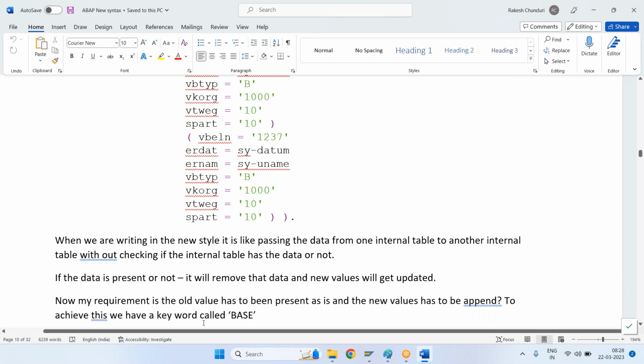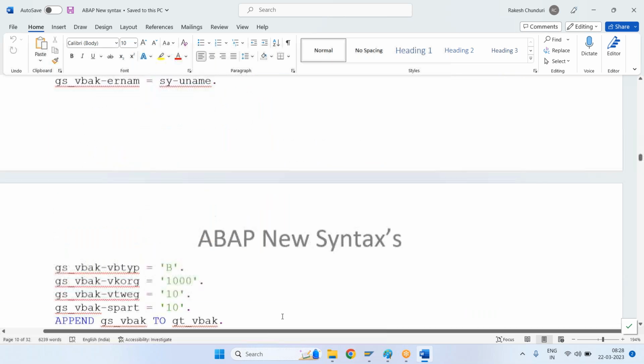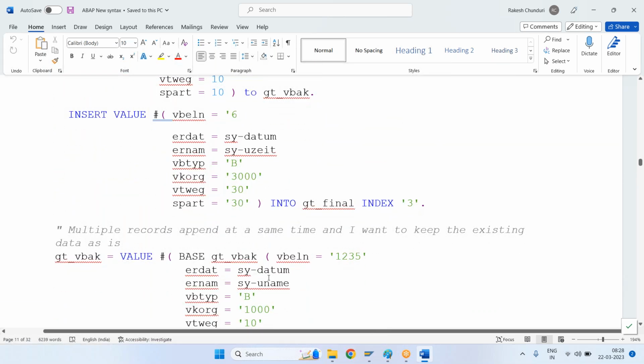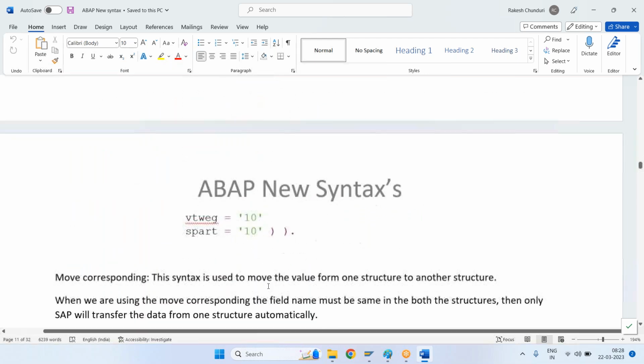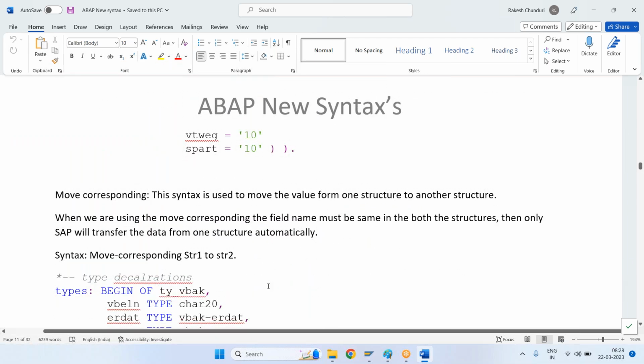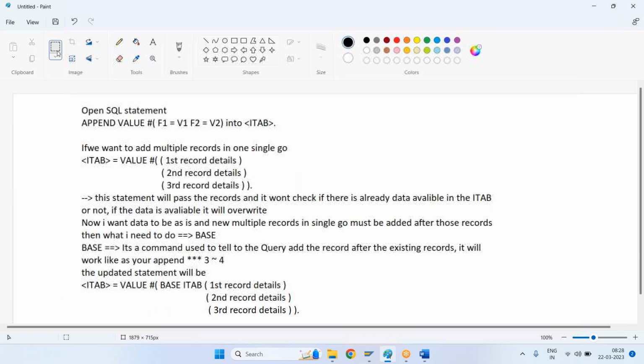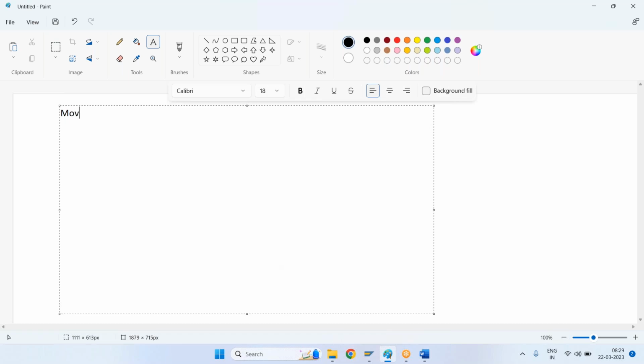Now for my requirement, we have to use the keyword called BASE, which I told you. I have told you how to use this BASE statement. And the next thing we are going to see is MOVE-CORRESPONDING. I want to move the data from one internal table to another internal table. So the next statement we are going to see is moving the data,